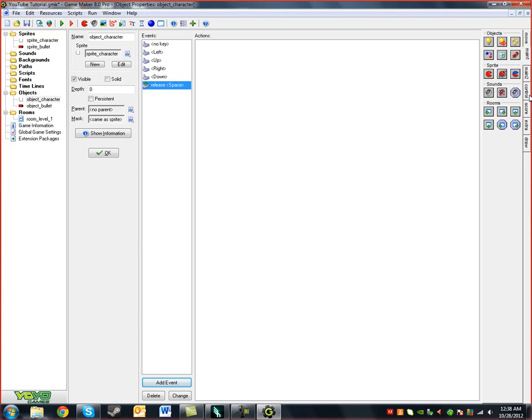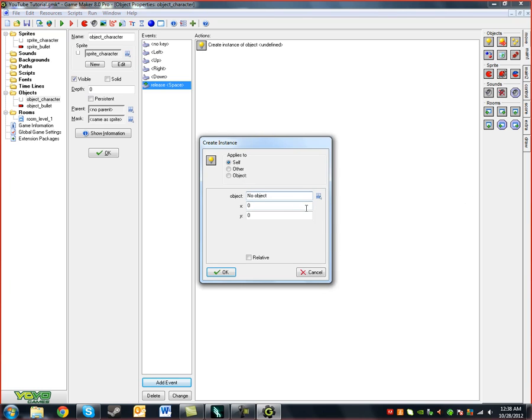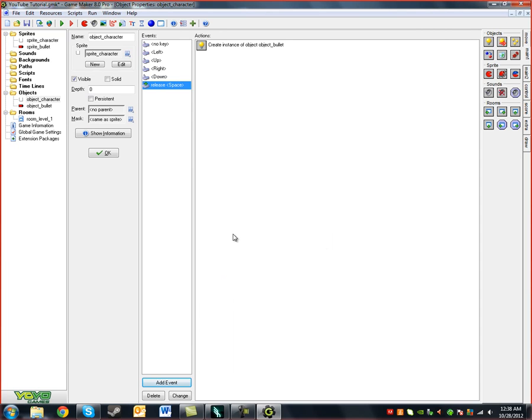All you're going to do is go to the main one tab and drag over create instance. All we're going to do is select the object we want to create. Now this is where you're going to check relative, and this means use relative x and y positions, because it's obviously going to move. It spawns near the origin. That's why we center it. So we can actually put it over a little bit by changing the x. So this means current x plus 5, so it's moved over a little bit. We can hit OK,